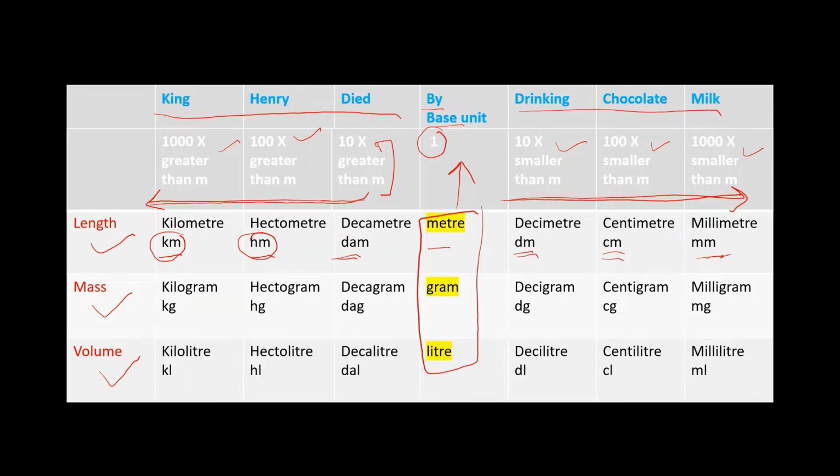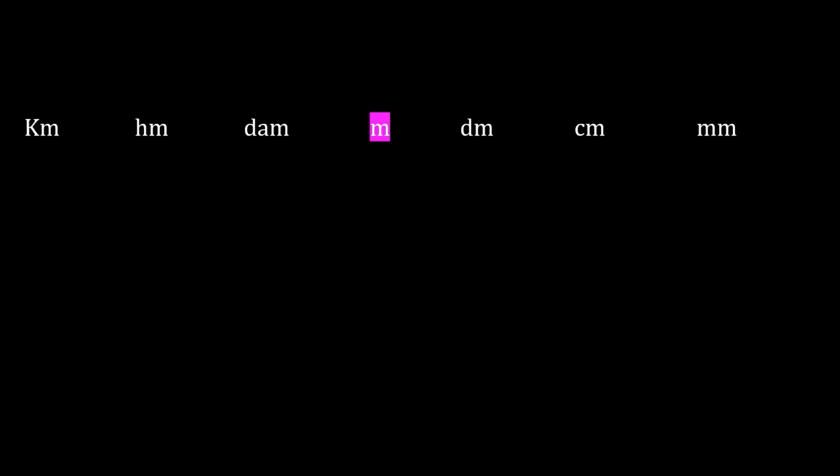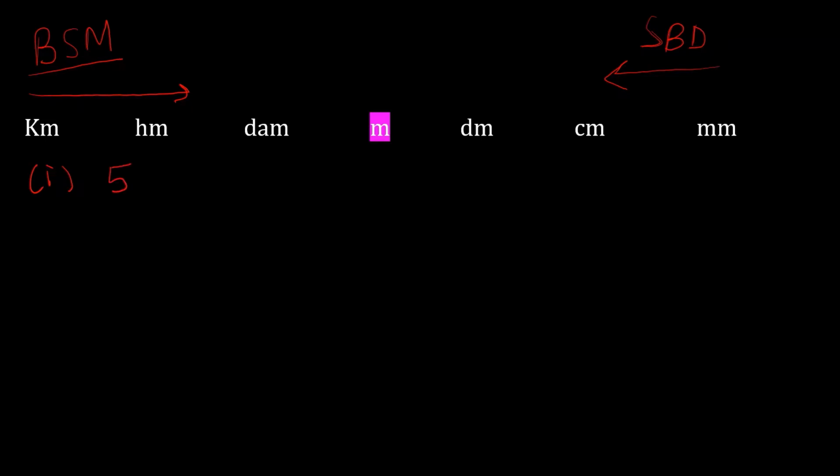Now let us start. I am going to show you how to convert all these units from big to small unit and small to big unit. Now whenever you have to convert, always write all these 7 units at the top of the sheet. So first we will write kilometer, hectometer, decameter, meter, decimeter, centimeter, millimeter. So 3 units on the left hand side of the meter and the 3 units on the right hand side of the meter. So whenever you have to convert from big unit to small unit, big to small, BSM, big to small, multiply, you will have to multiply the number. And whenever you have to convert from small unit to big unit, you will have to divide, as BD.